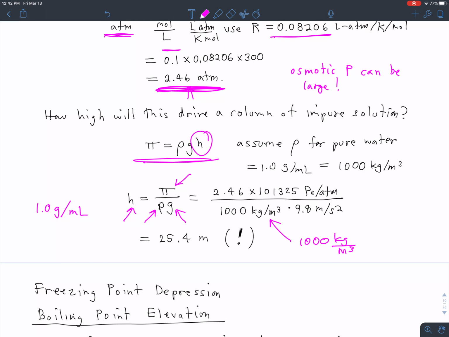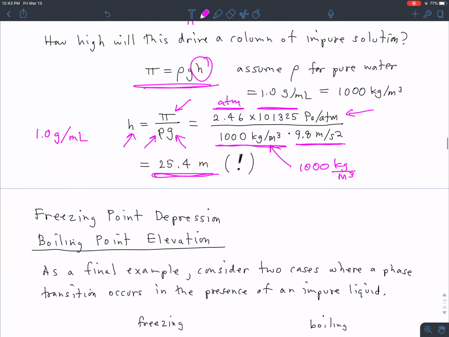And we have to use that SI unit because we're going to use SI units for the acceleration due to gravity. Likewise, we have to convert this atmosphere number into pascals. The conversion factor is 101,325 pascals per atmosphere, so now I've got pascals on top. And anyway, doing the arithmetic, that gives me 25.4 meters, or about 75 feet,